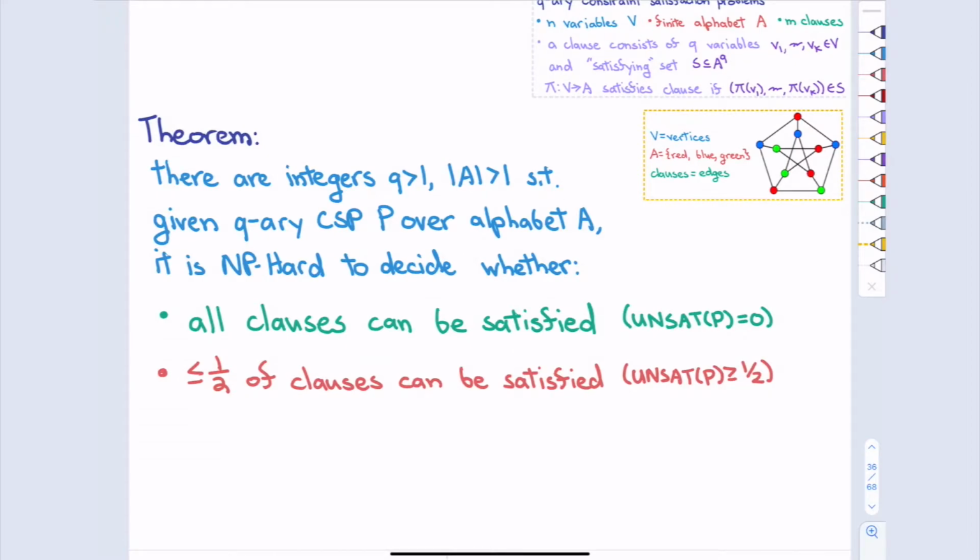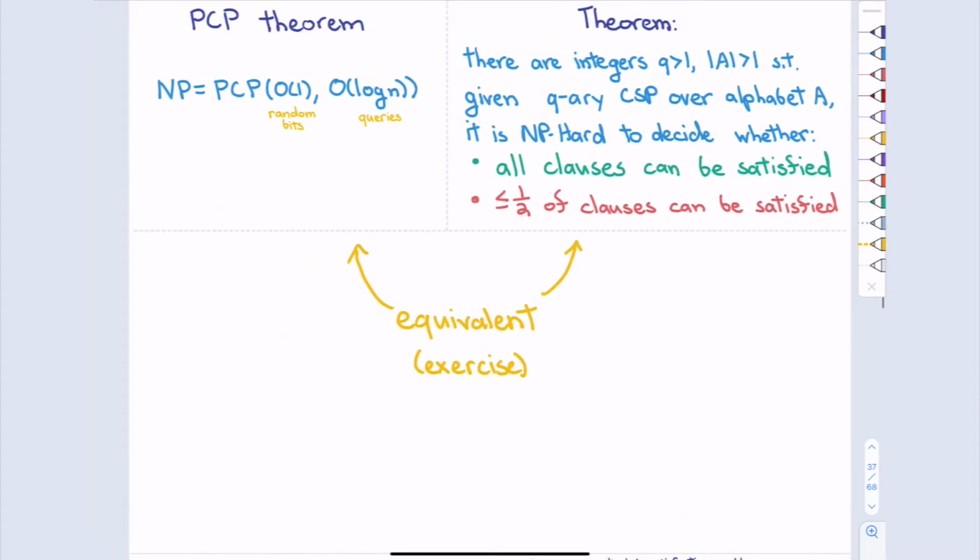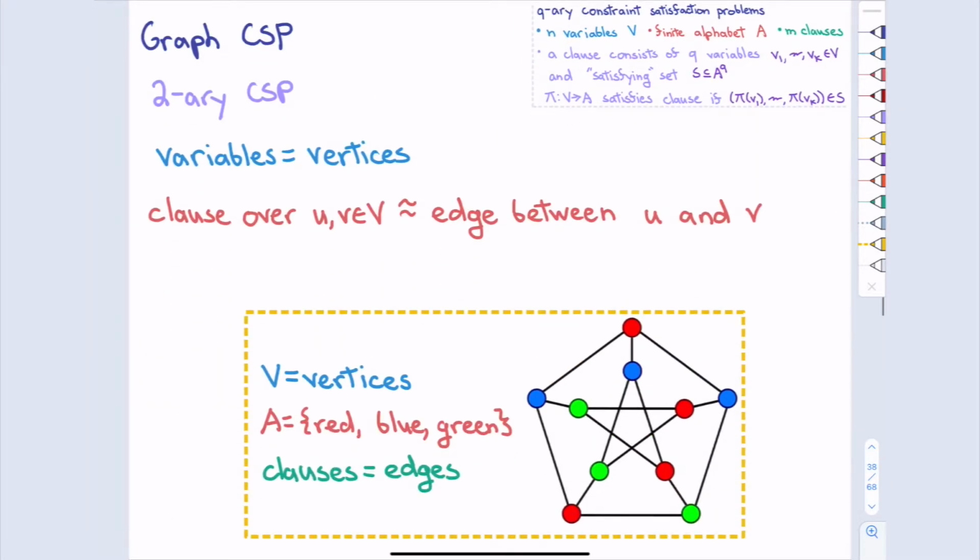And what we started showing last time, or started to work on, is trying to prove this thing, which is that CSP is NP hard to decide if it's completely satisfiable or if at most half the clauses can be satisfied. Okay, so there's this whole gap that you can skip over. If it was 0.25 or something, you can answer yes or no, and that's fine. But there's this whole gap there. Okay, so all right, we did that last time.